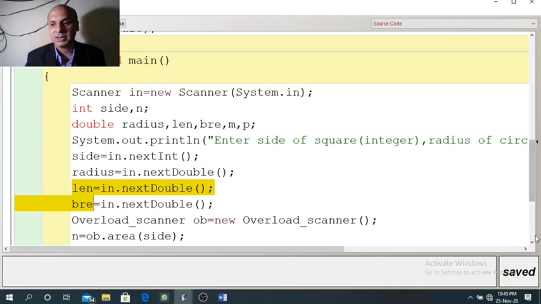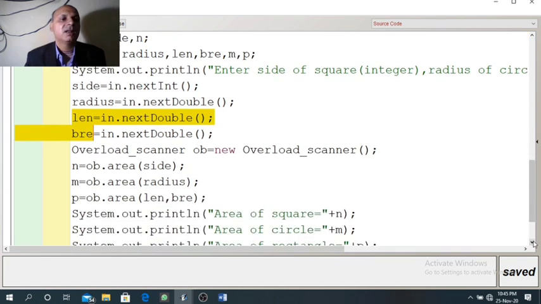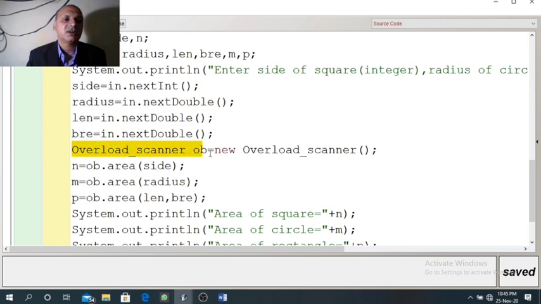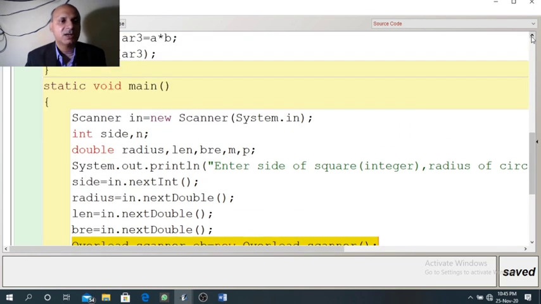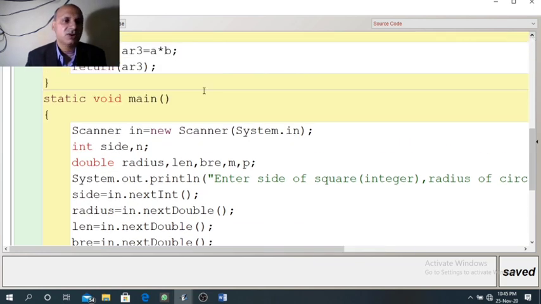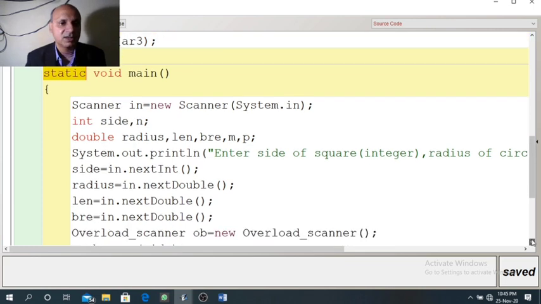When input is taken, then we will create object of the class. Why creation of object is required? Because we are calling non-static method inside static method. So creation of object is compulsory here.